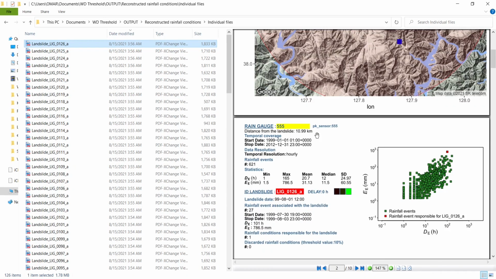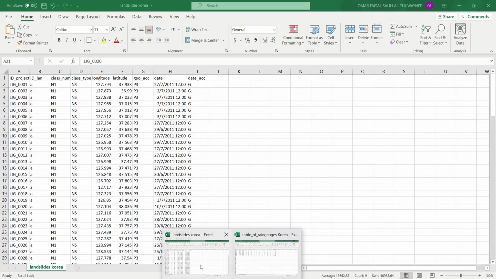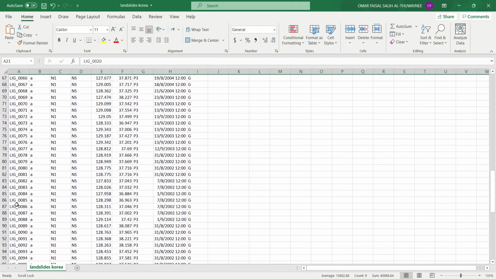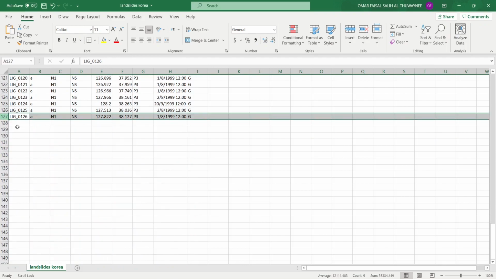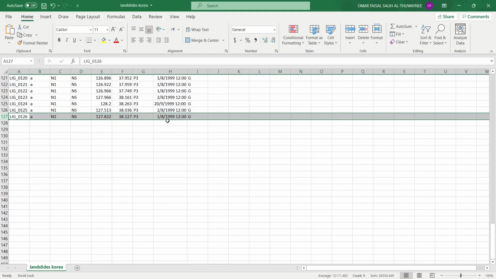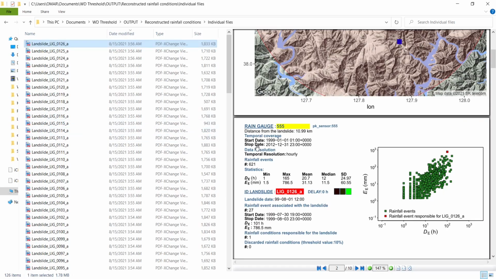So here it talks about landslide ID 126. Landslide ID 126 was in 1999, and it's the 1st of August. So, according to this,